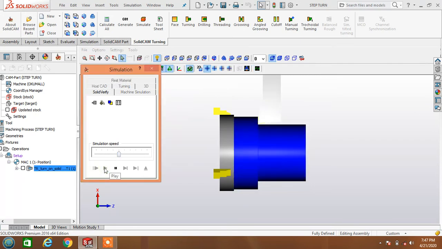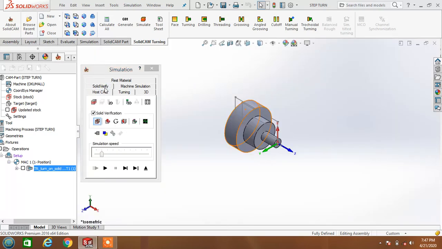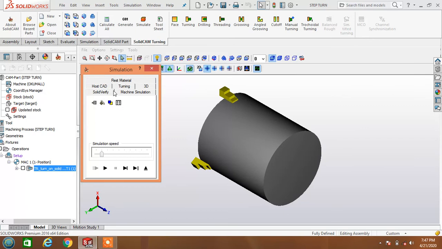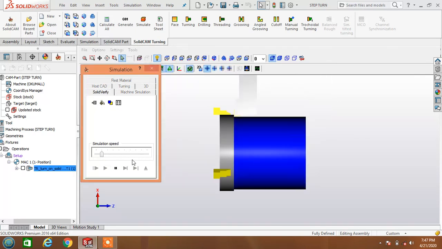Next give Play. That's it, this is the simulation. If you want to see it in slow motion, just reduce the simulation speed, give Solid Verify and click this. See what happens. This is plain straight turning.